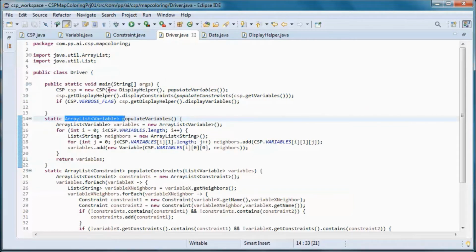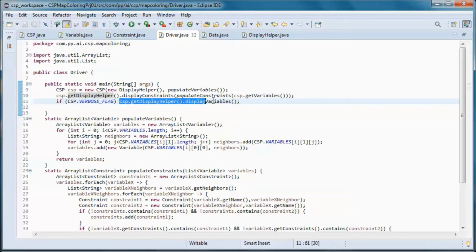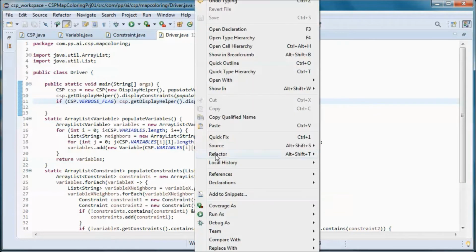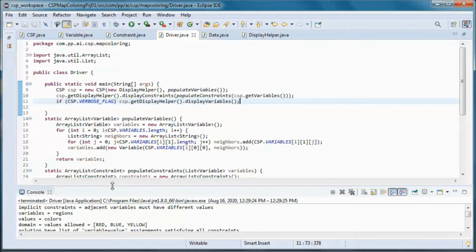And we use this instantiated display helper in order to display the constraints that are returned by the static populate constraints method. And if we are running in verbose mode, then we go ahead and display the variables. So let's go ahead and test run the application before finishing up the code.